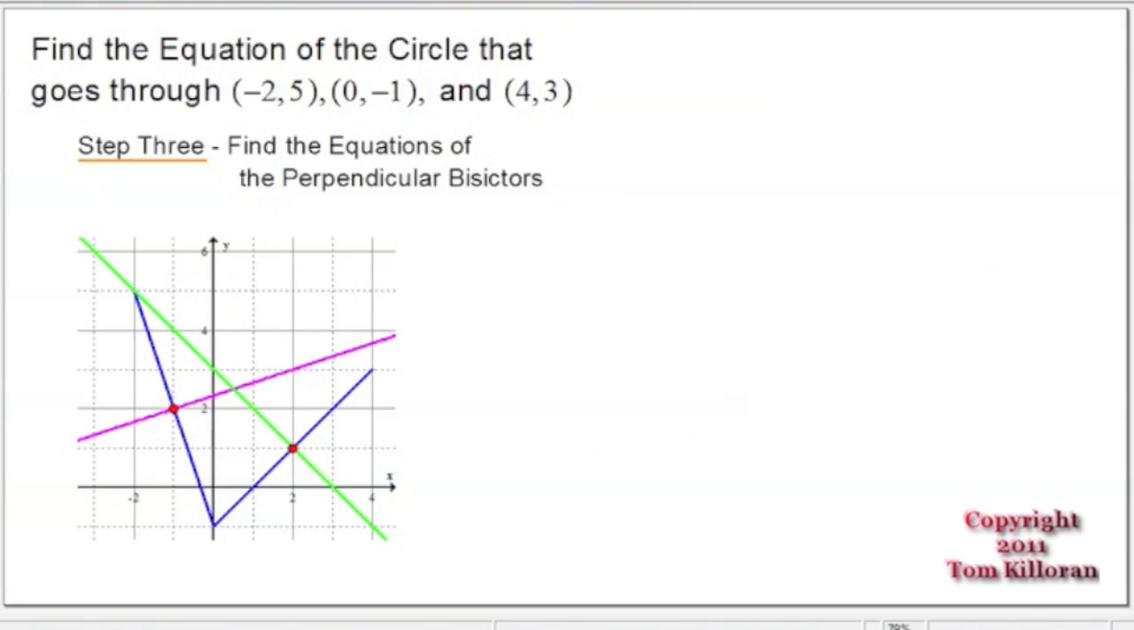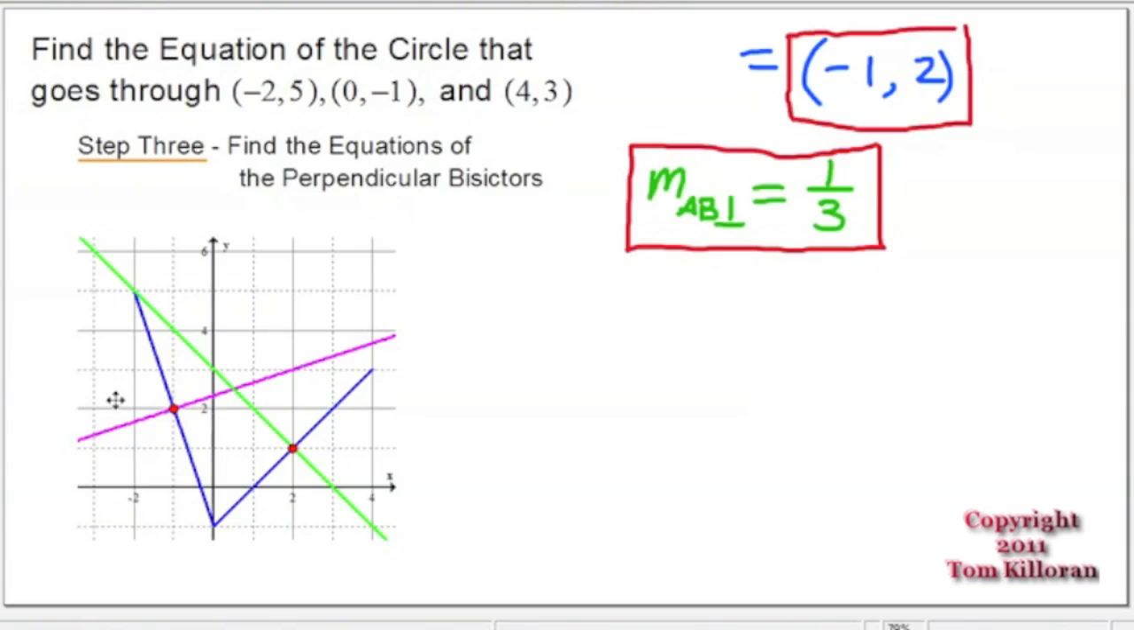All right, step number 3, we're going to find the equations of these perpendicular bisectors. So we need to kind of go back and pick some points to give us one equation of one of these lines. Specifically, we're going to be looking at this line right here. So the point that I gave you here is -1, 2, and the slope of this line is 1/3. Now to find the equation of the line, we're going to go y minus y sub 1,